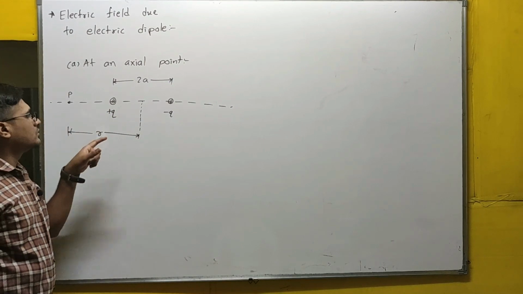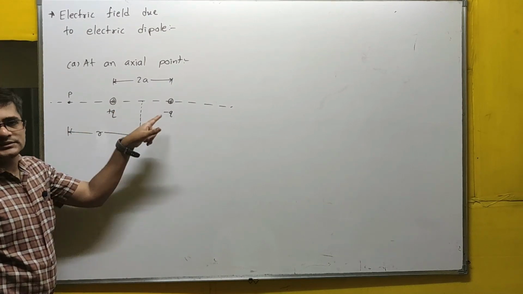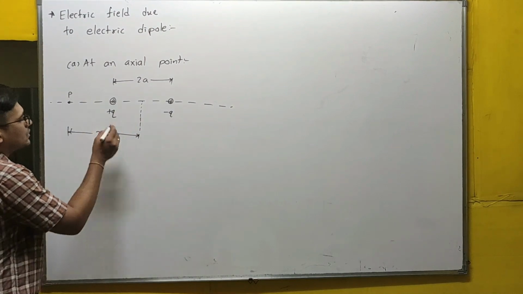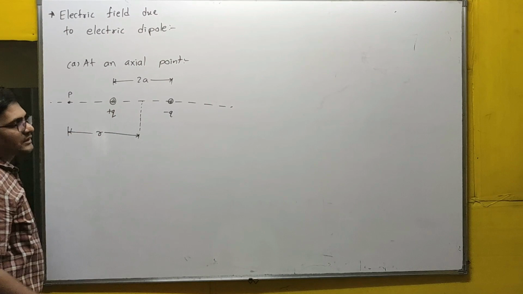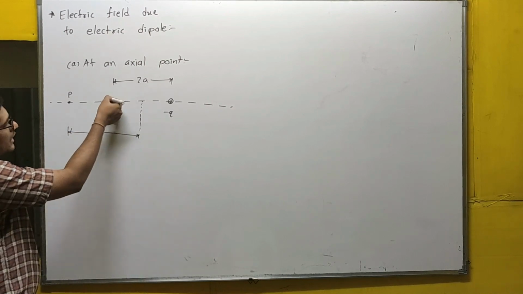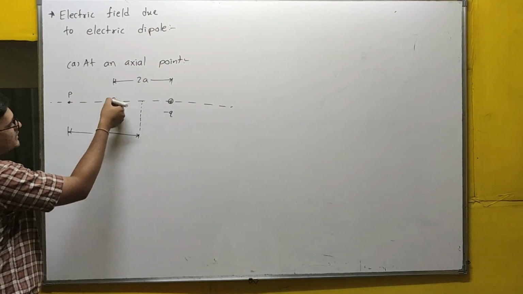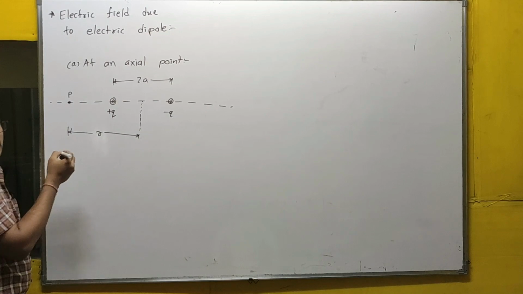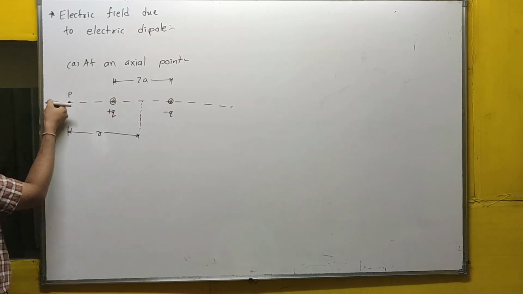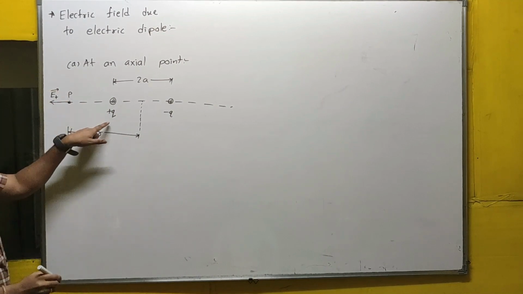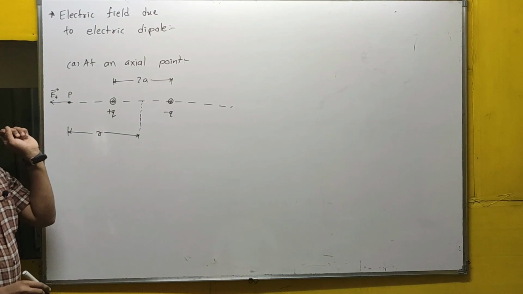So we have to draw the direction of the electric field due to plus charge and minus charge, then we will add them, right? So due to the plus charge, the electric field is always in the outward direction, always away from this charge. So draw the direction at point P, in the direction away from this plus charge. So E plus, the electric field due to plus Q, is in this direction.